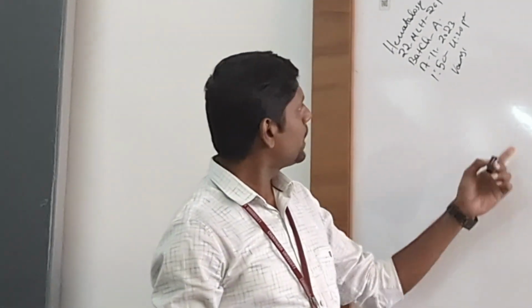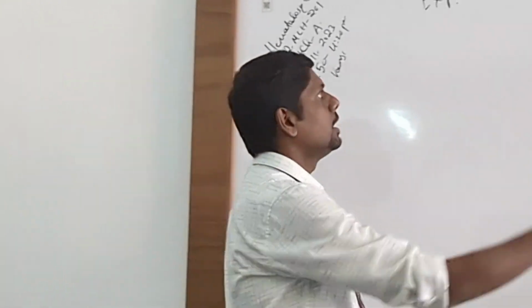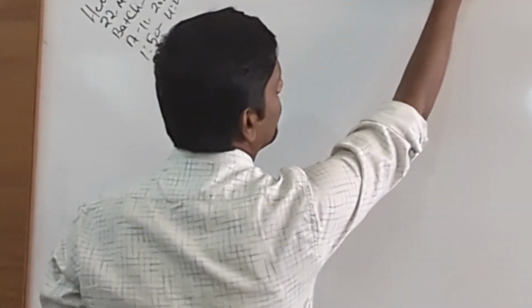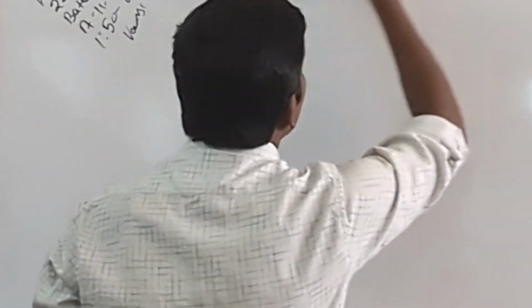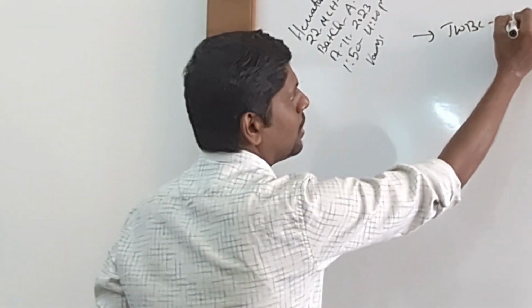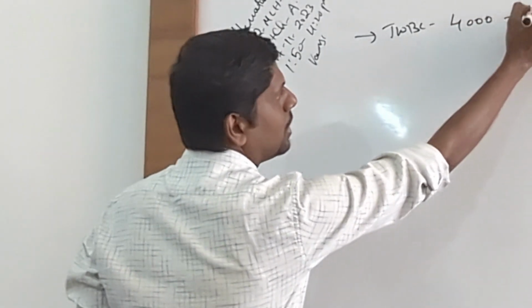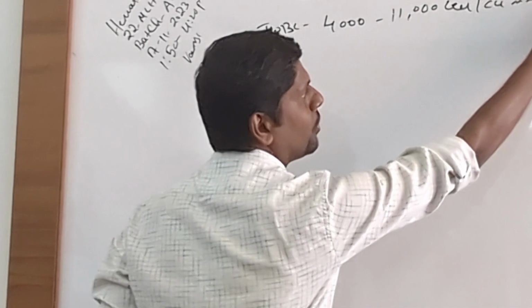Alright, so today we are performing DLC. What is the full form of DLC? Differential leukocyte count. Very good. So what are we doing in it? We are checking all types of white blood cells, right? What is the total white blood cell count? 4,000 to 11,000 cells per cubic millimeter of blood.